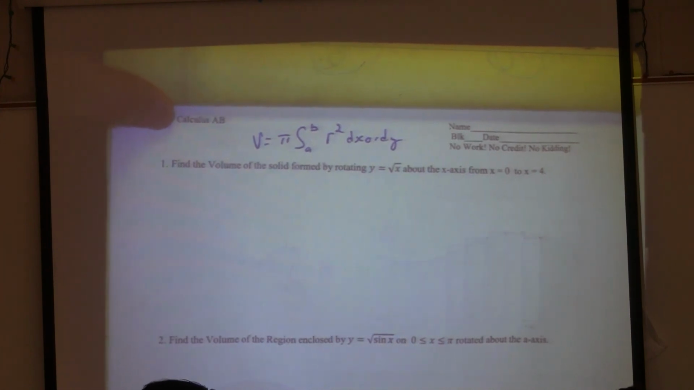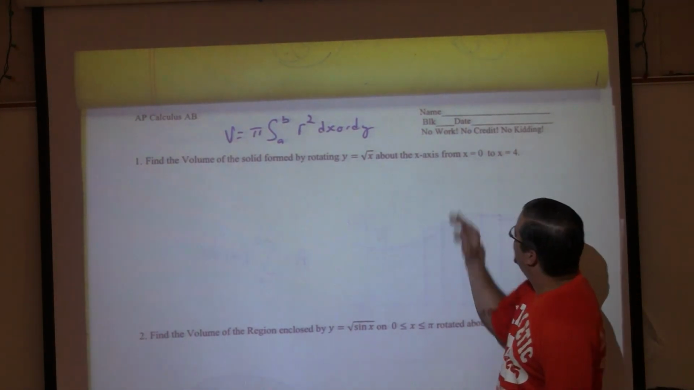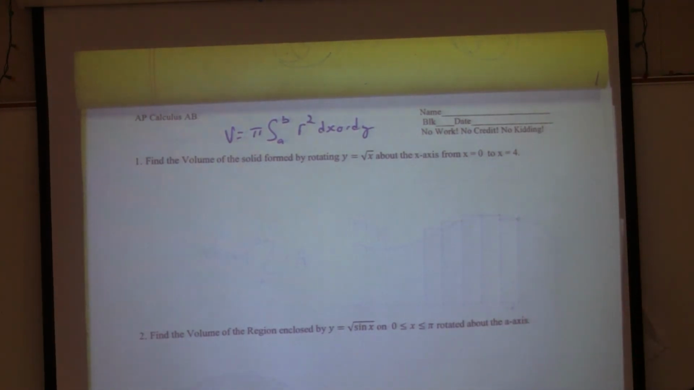Alright, so let's give this bad boy here a try. Find the volume of the solid formed by rotating the square root of x about the x-axis from 0 to 4. Let's see what we got. We have a little bit of time, maybe we can get through one. Alright, so